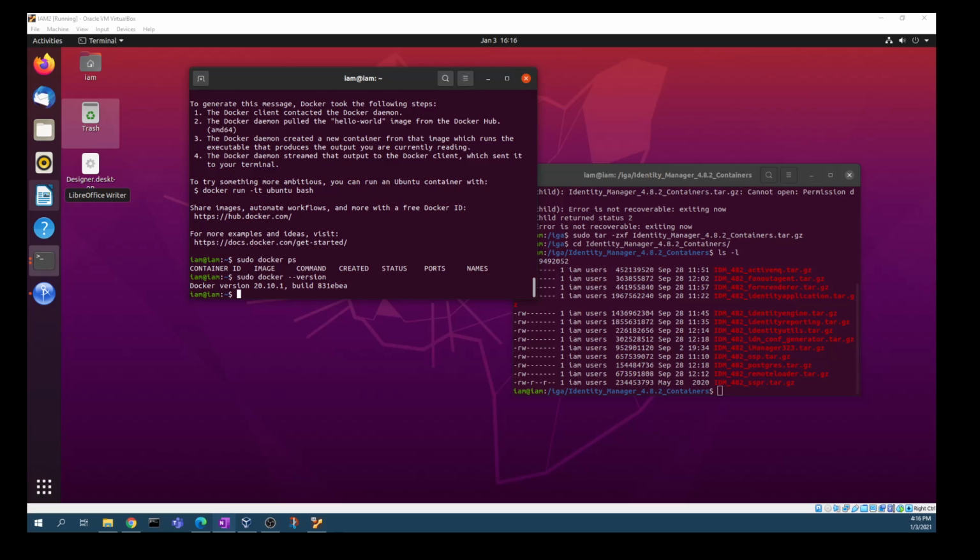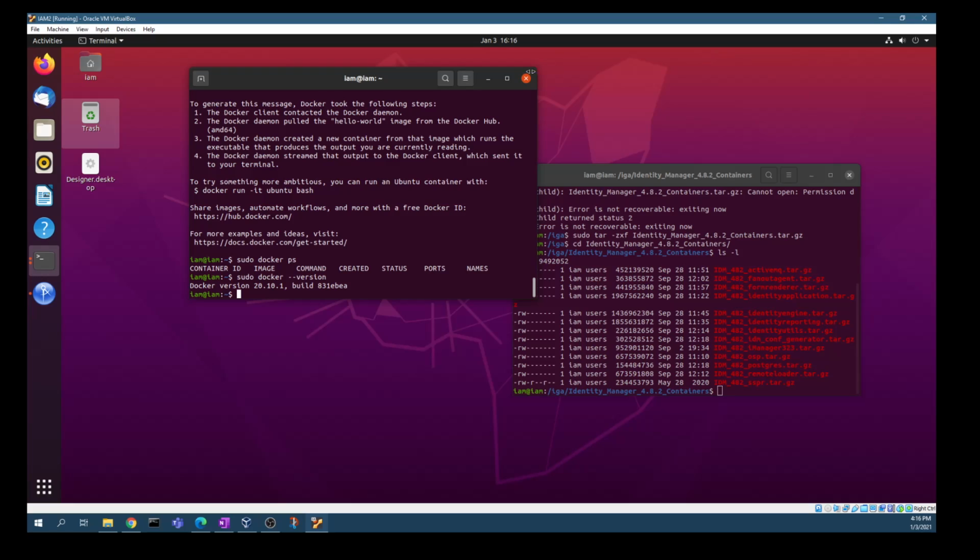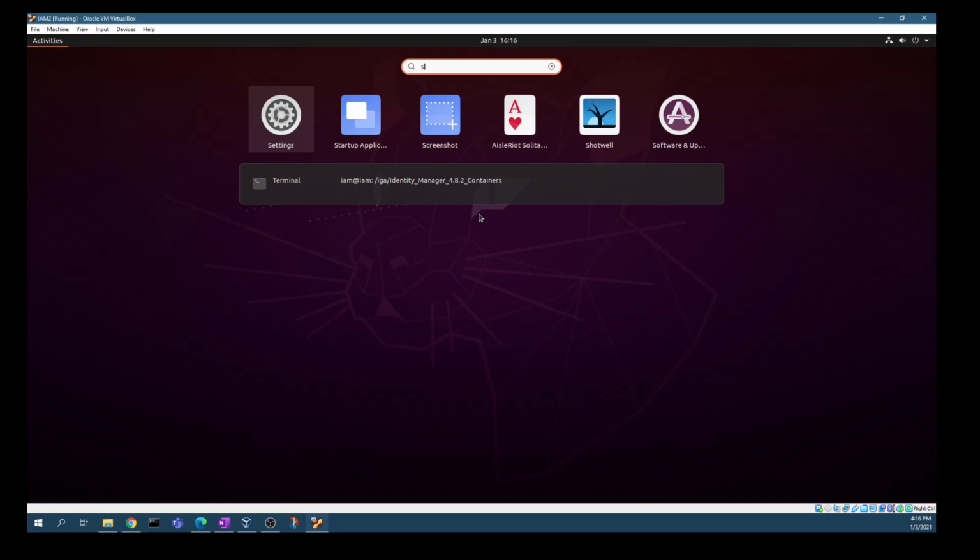Alright, now we're ready to start installing the Identity Manager engine. I've already put the containers into the location that we need. We need to give the server a static IP address. I don't believe we've done that yet. So to do that, we're going to go down to the system settings,